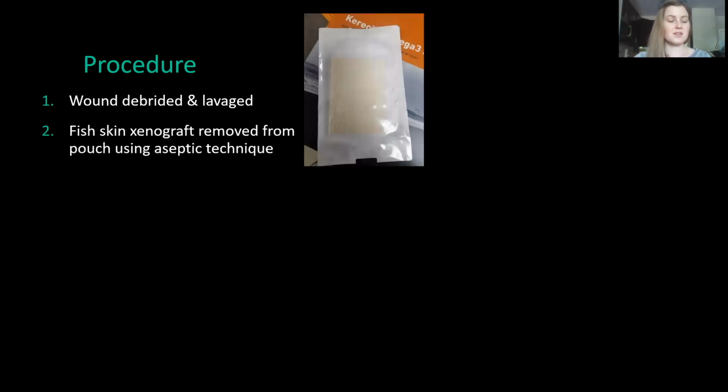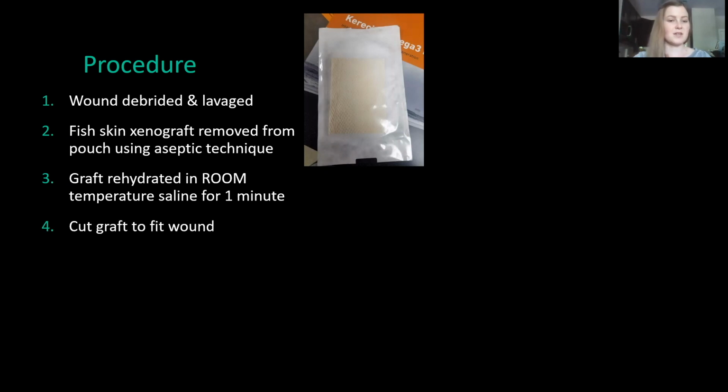After the wound is debrided and lavaged, a healthy granulation bed should be present. First, the fish skin xenograft is removed from the pouch using aseptic technique. The graft is rehydrated with room temperature saline for 1 minute, and then it is cut to fit the size of the wound. The graft is applied directly to the wound with the scale pattern up, and it's compressed until